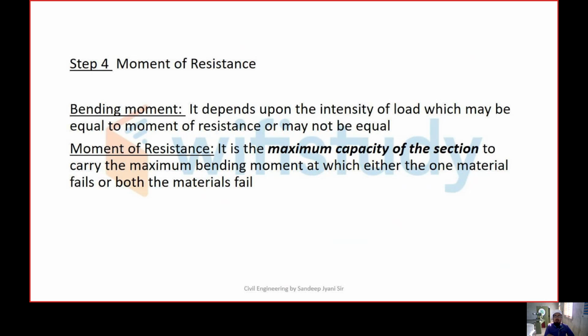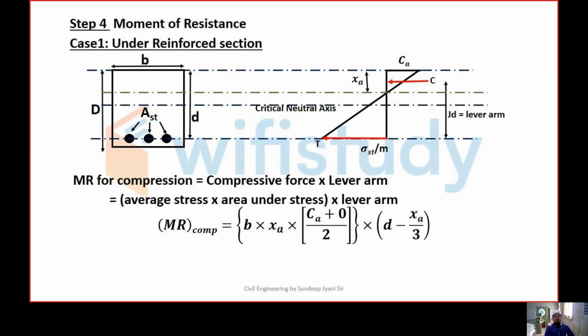That means to what extent the moment can be carried by that section will be determined by the factor known as moment of resistance. You can understand. So here also, it carries the bending moment at which either one material fails or both the materials fail. Okay, in the under reinforced section, as I told you, these green lines indicate